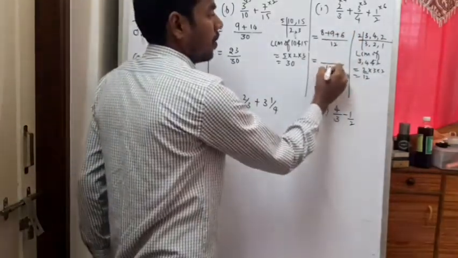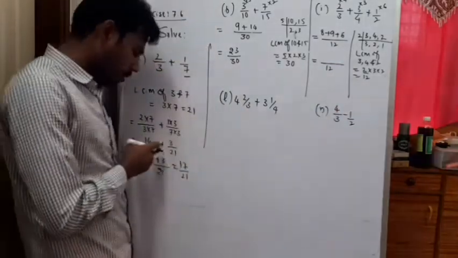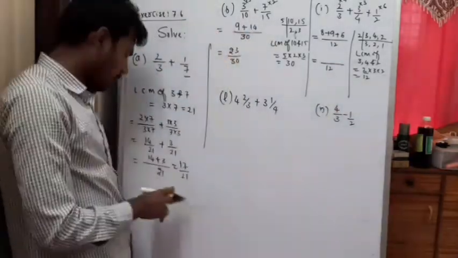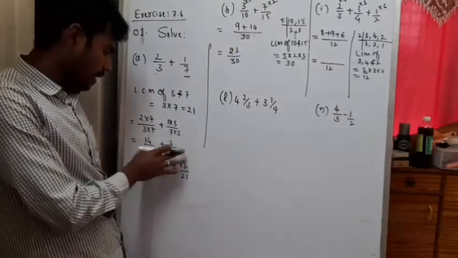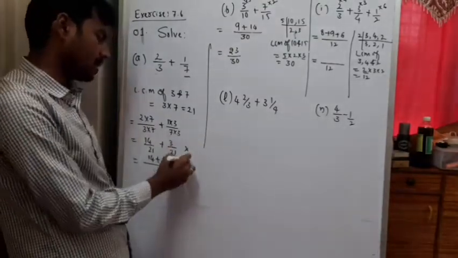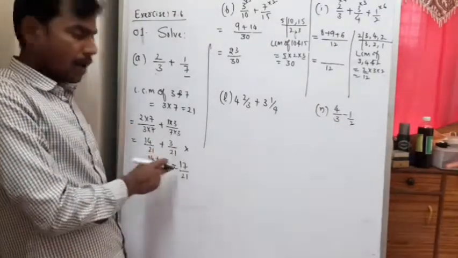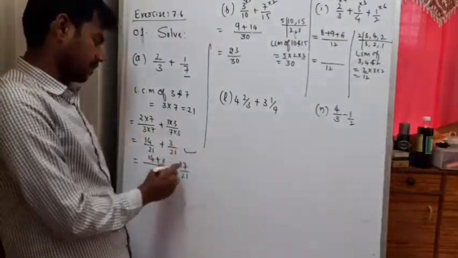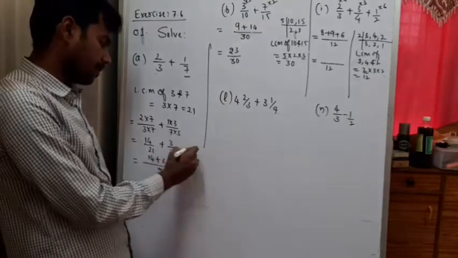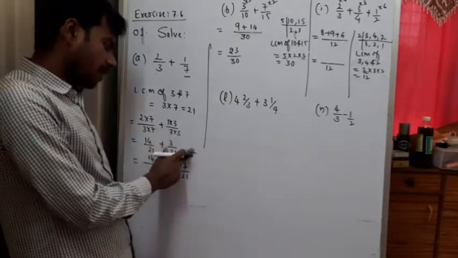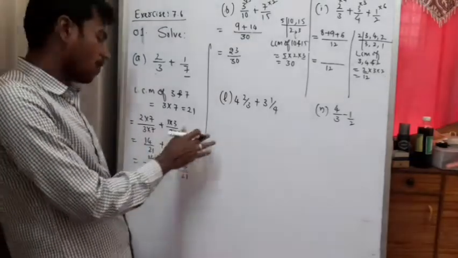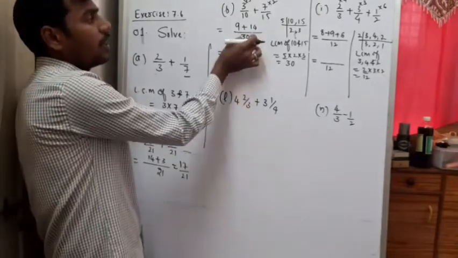So 12, keep it as it is. You can do it in this method or in that method. If you are going by this method, see what I am doing, I am skipping this step. This is actually not required. To make you understand, I have written one more extra step. Already you understood here, so directly I will go here to make it 30.